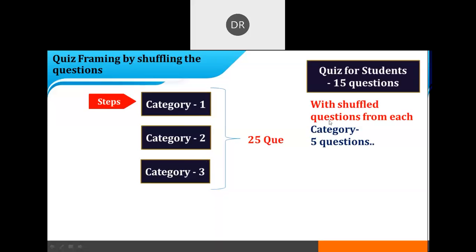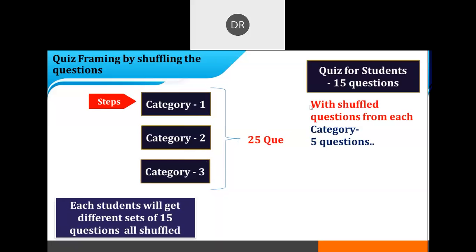That means out of 25, it should randomly select any 5 from category 1, any 5 from category 2, and any 5 from category 3. So this is how we can frame the quiz for the students in a shuffled manner. So this is also possible in Moodle.